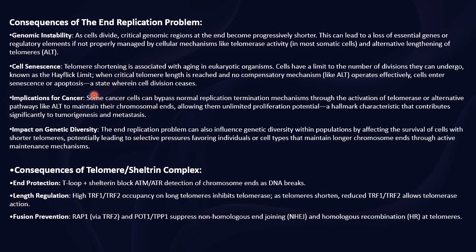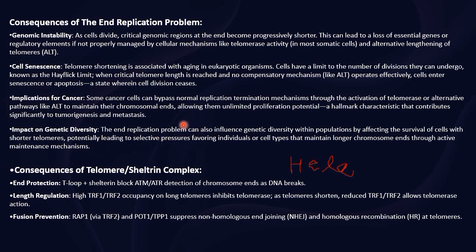That's why we are still using one of the oldest human cell lines, which is known as HeLa cell lines, which are cancerous cells derived from a human, namely Henrietta Lacks's cervical cancer. And now the impact on genetic diversity: the end replication problem can also influence genetic